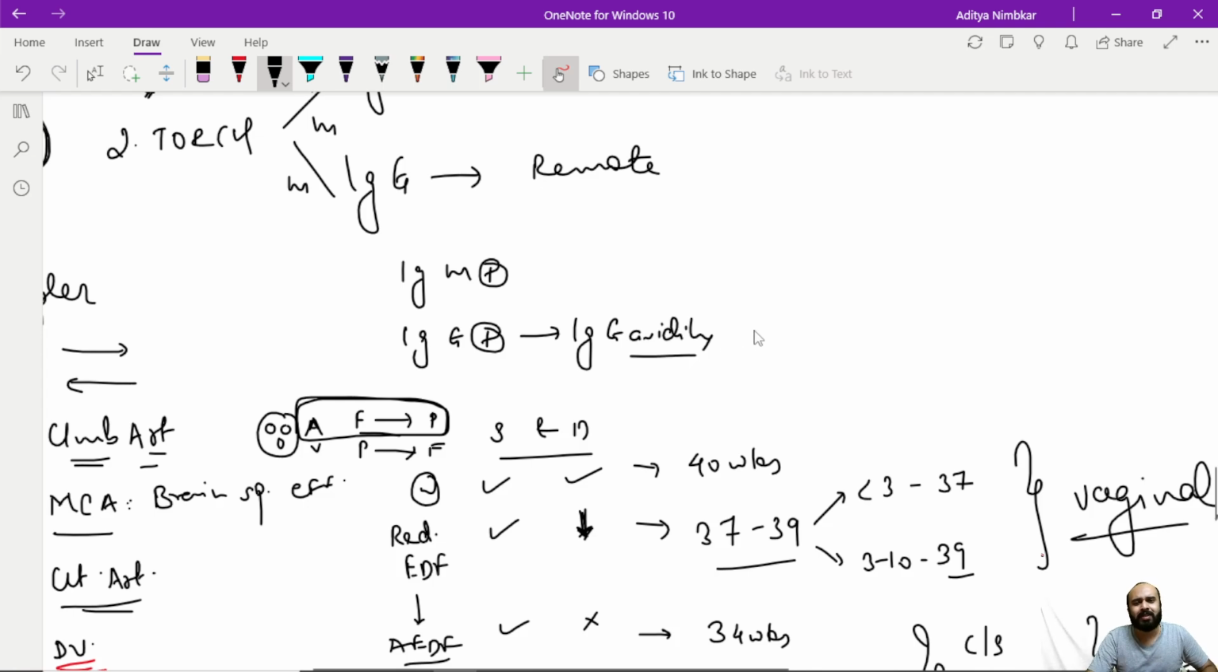Avidity in simple sense means affection. How strong is the bonding between the TORCH infection and the antibodies? So as time increases since the infection, the affection is also going to increase. The affection increases, the avidity increases. So a high avidity shows a very old infection,